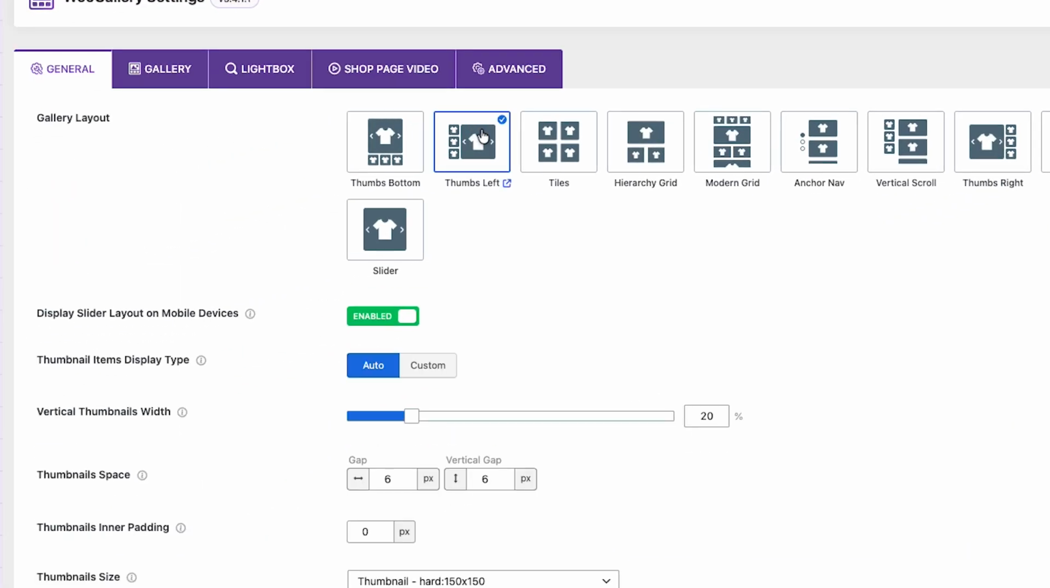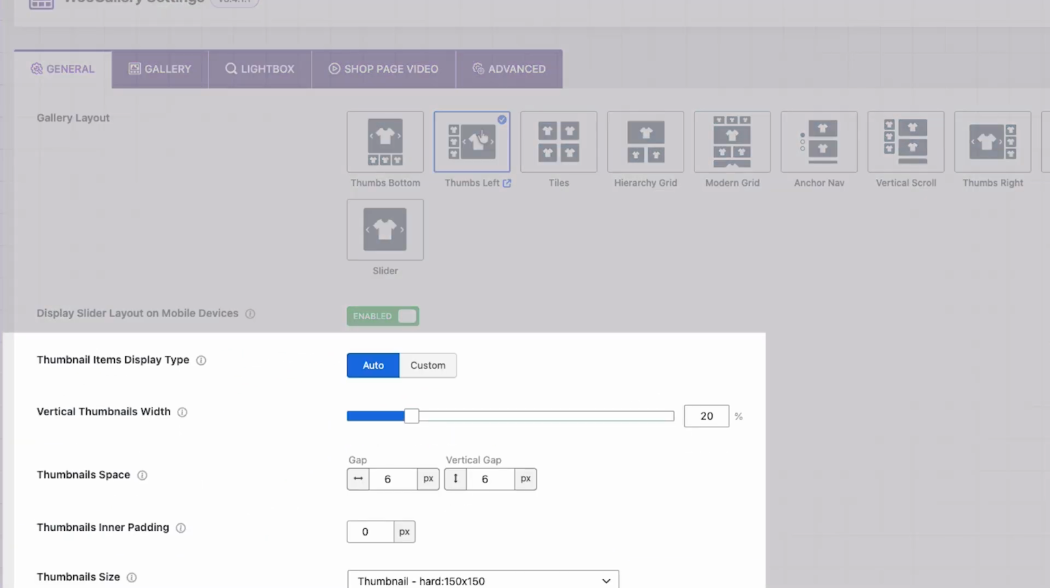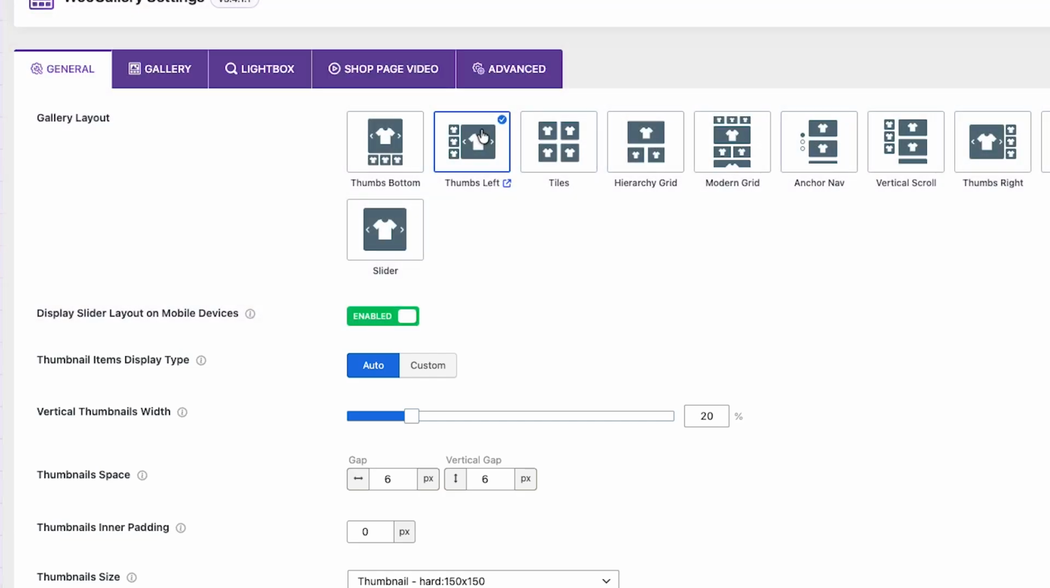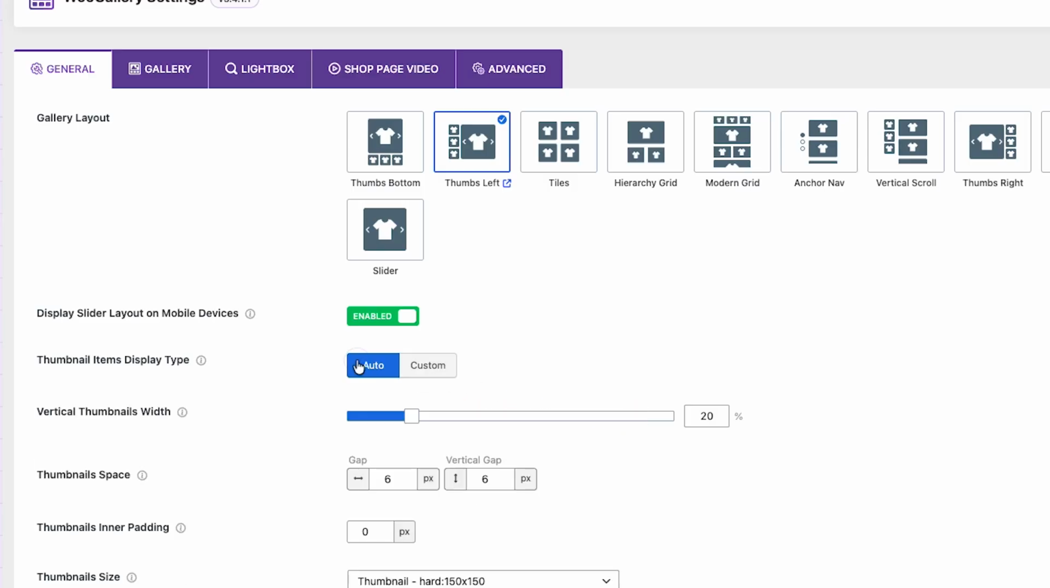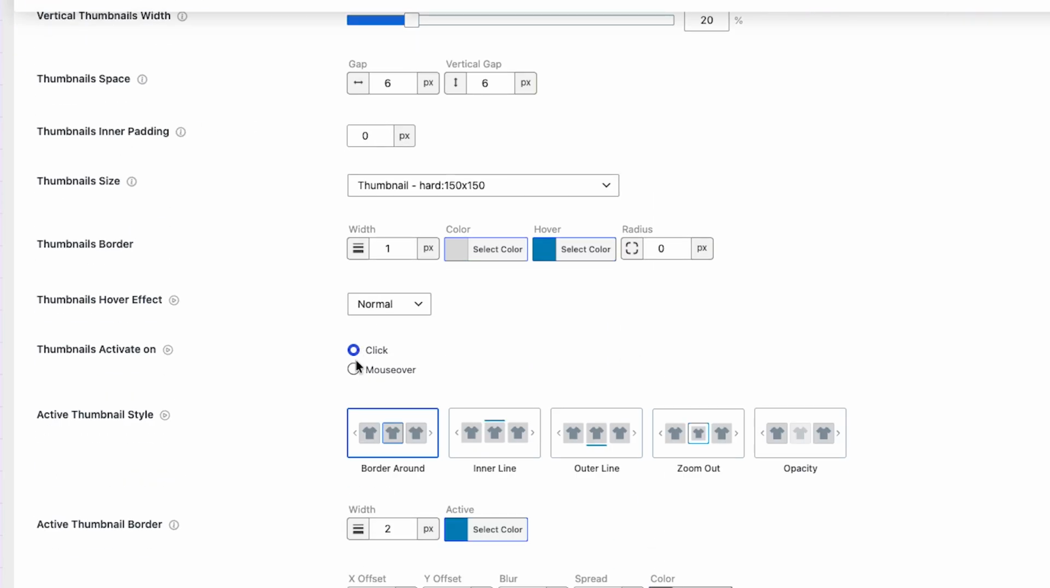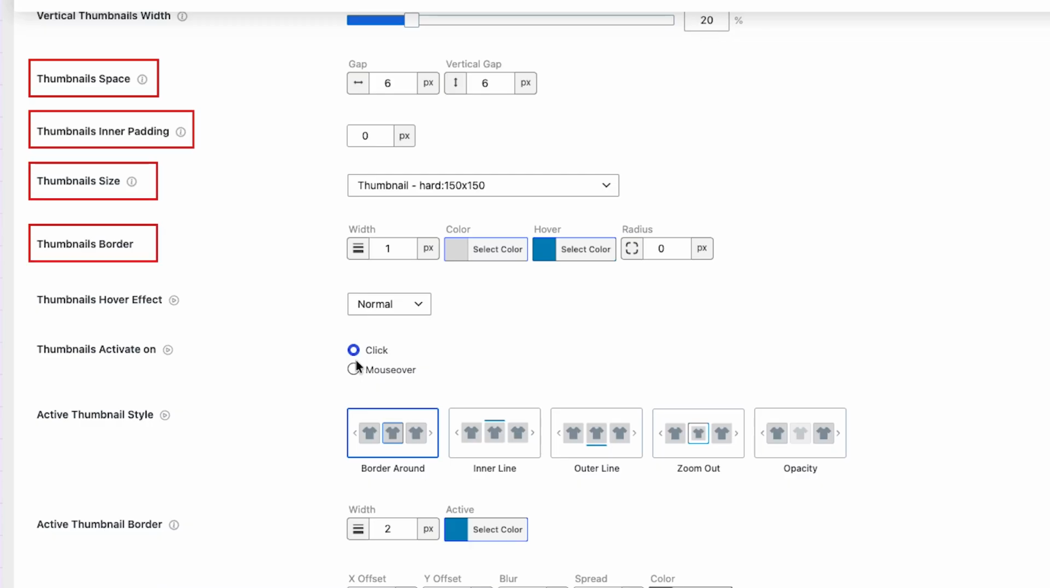After selecting the layout, you'll see several thumbnail options. Let's explore them. First, you'll find the Thumbnail Items Display Type option. This lets you control how many thumbnails are shown at once. For the best results, it's recommended to use the Auto option, as it automatically adjusts the thumbnails to create a clean and responsive layout. Next, you can customize the thumbnail spacing, inner padding, size, and border to match your design